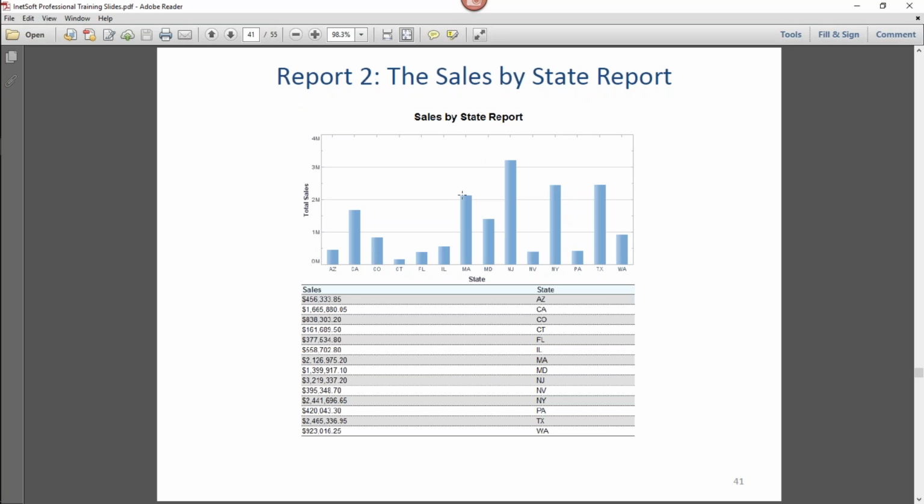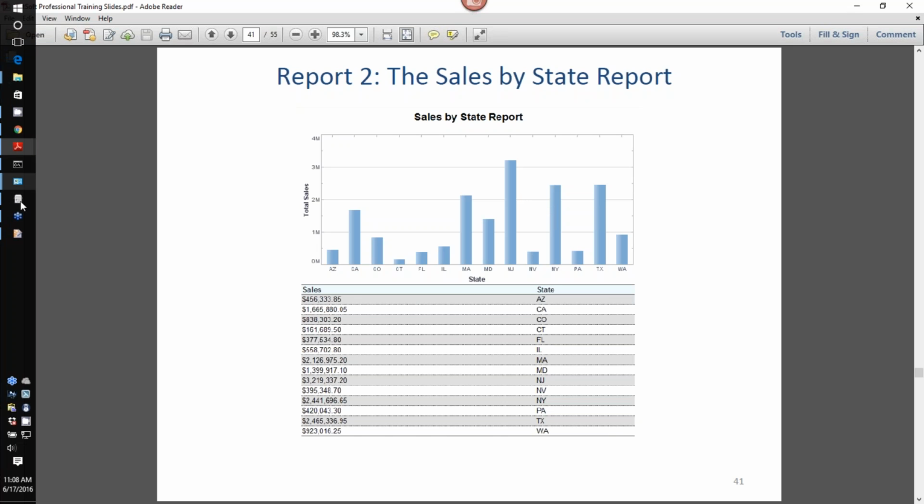Okay, let's continue with the chart here. And basically the idea here is that the chart is going to pull data from a very simple query that contains and returns only states and the total sales in each state. So the query itself is already aggregating the data, grouping it into just states and the aggregated total sales. So let's go ahead and add a chart.